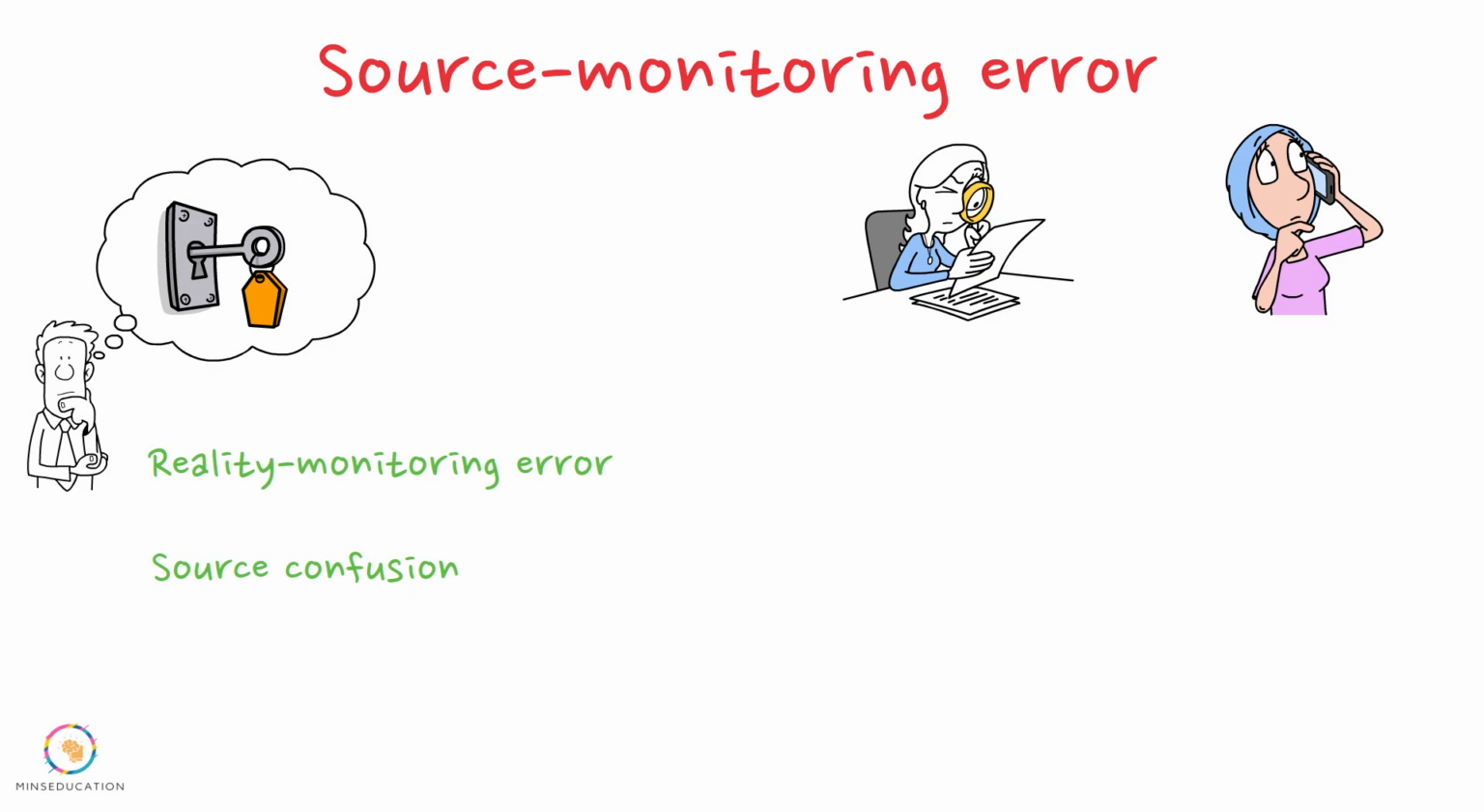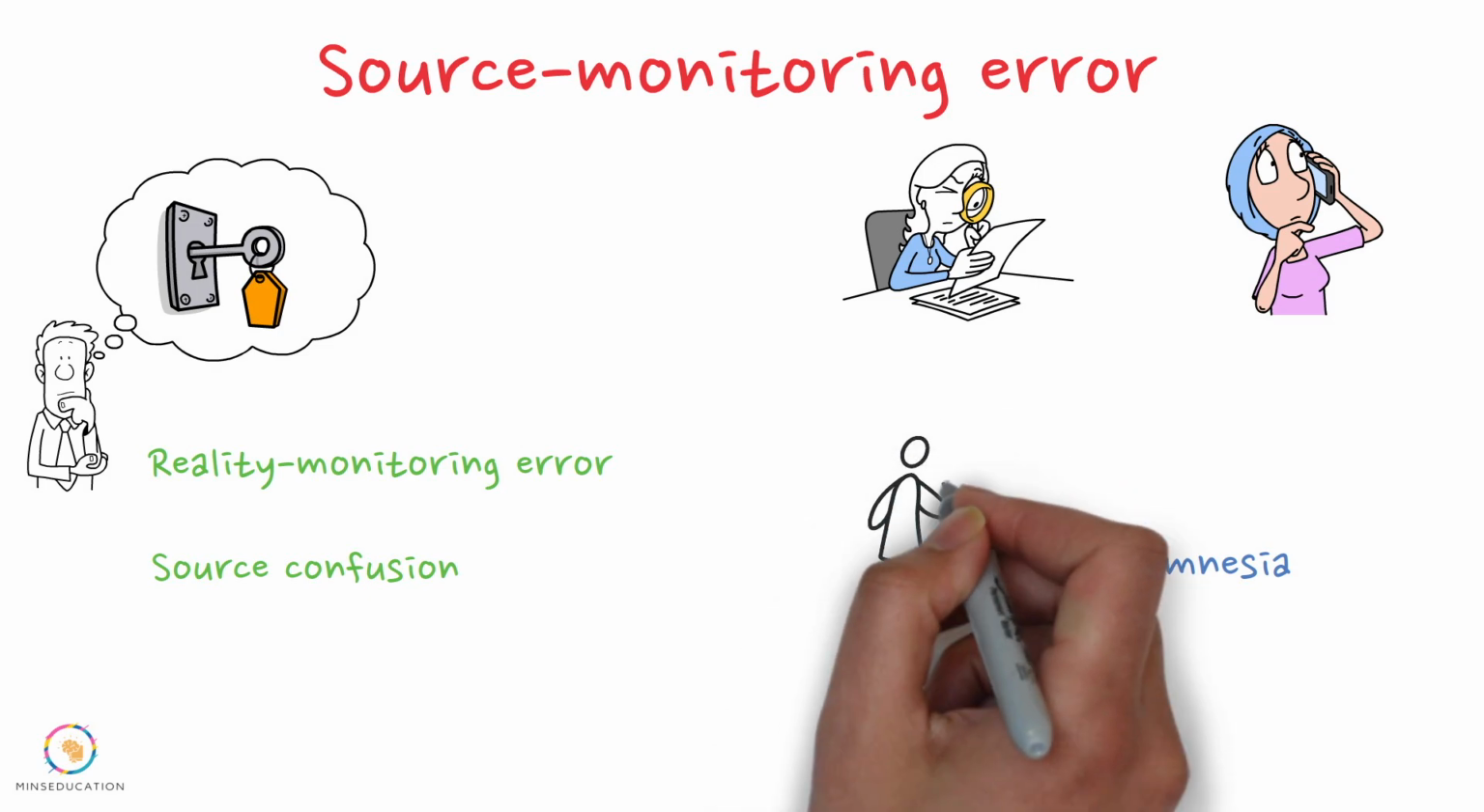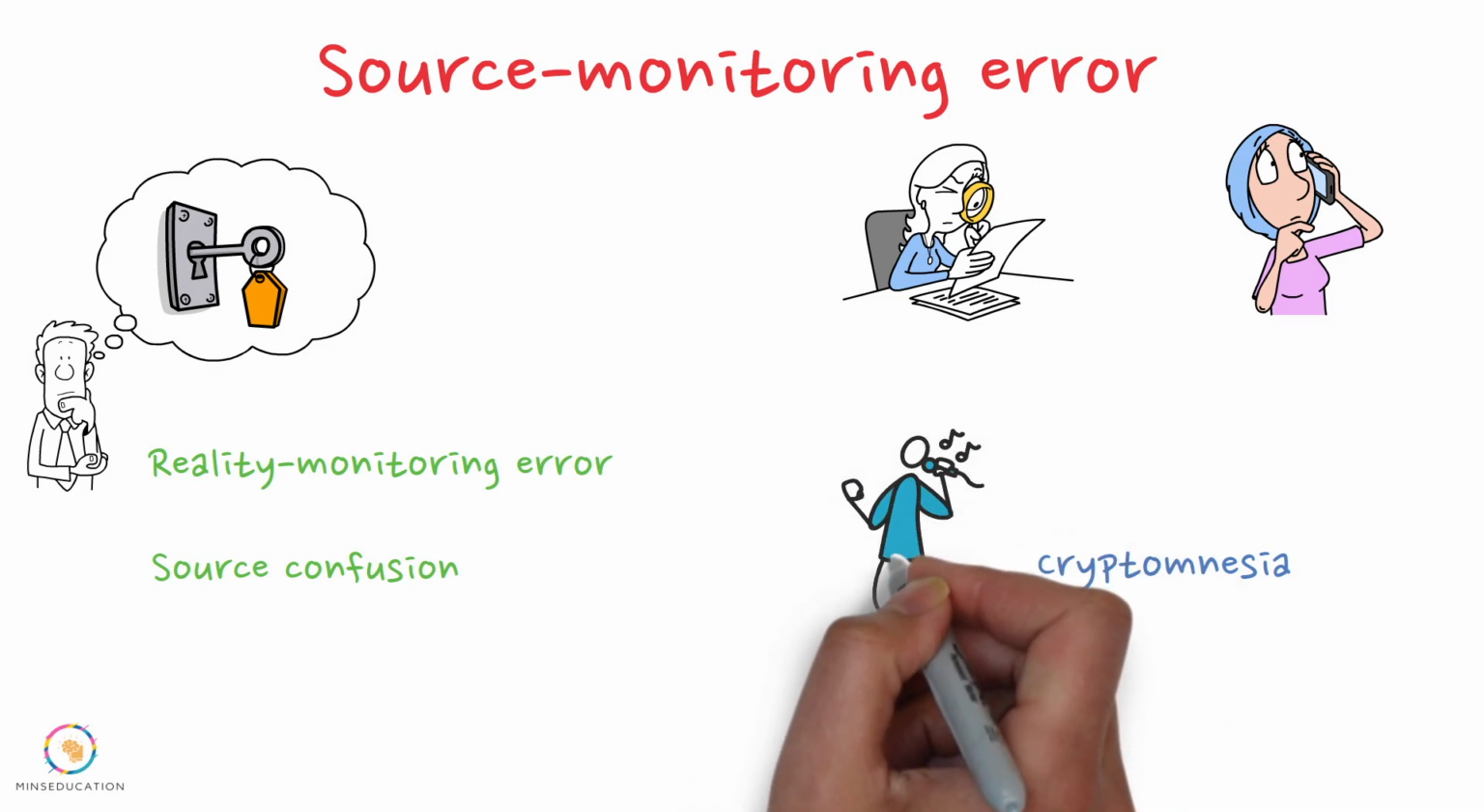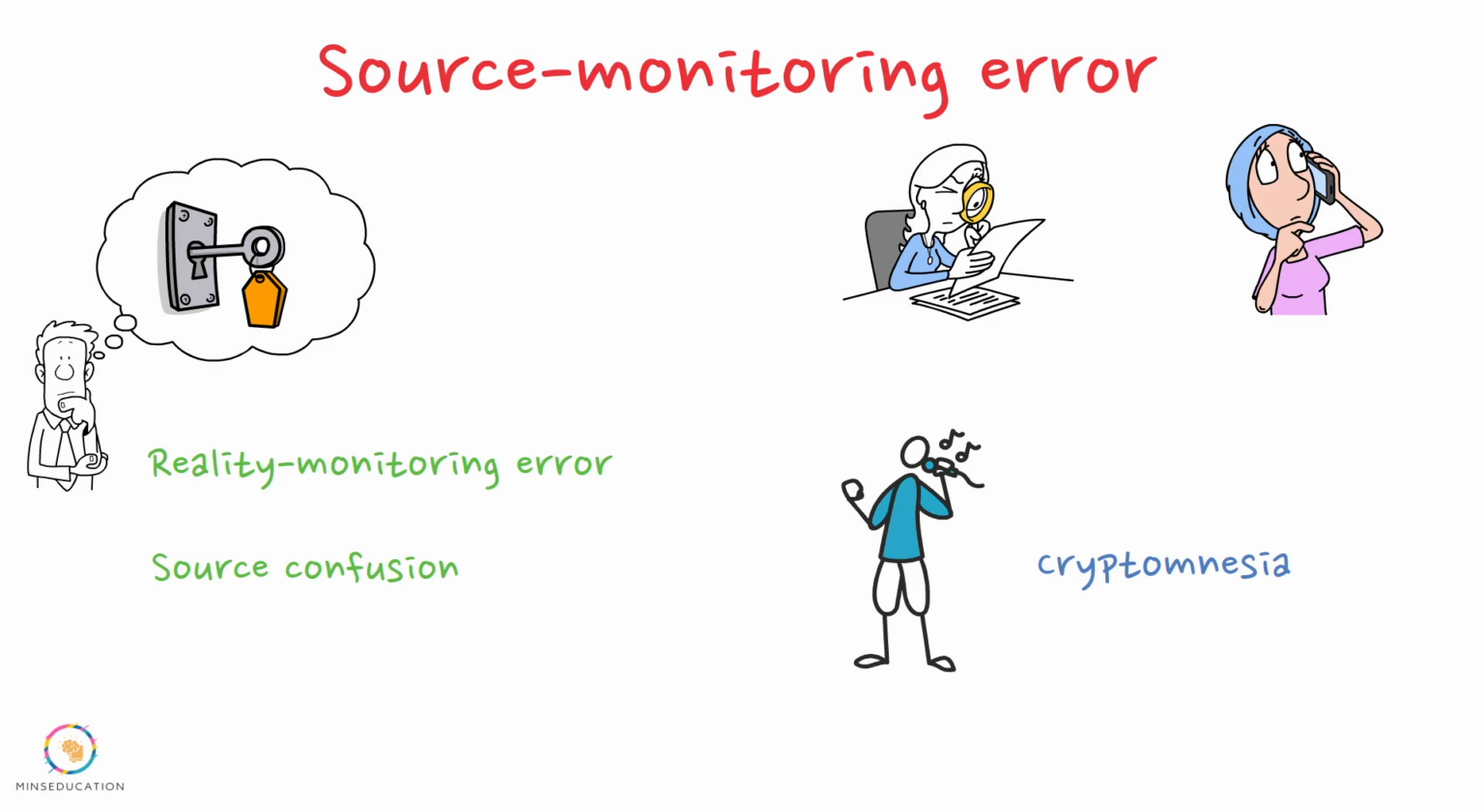A related phenomenon is called cryptomnesia. This occurs when we mistakenly believe an idea or piece of information is our own original thought, when in reality we've encountered it before and simply forgotten the source. For example, a songwriter might create a melody that they later discover is strikingly similar to one they heard years ago,